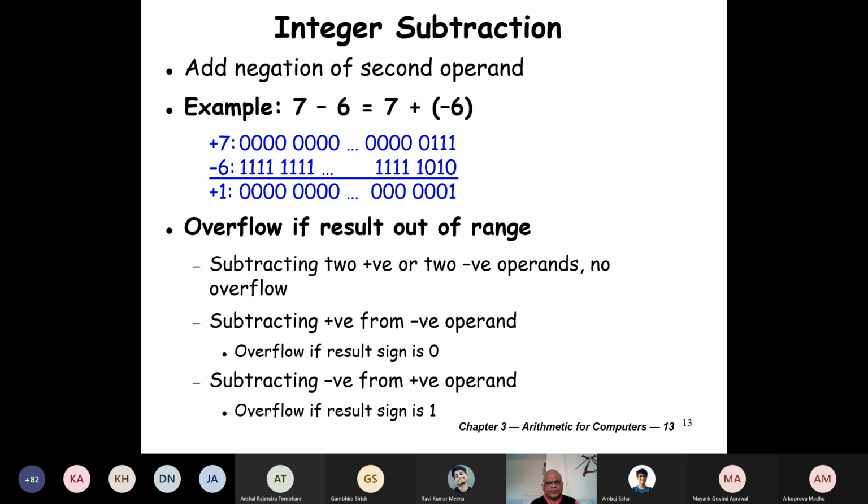Subtracting 2 positive numbers from each other, to subtract, one will become negative. And similarly, if there are 2 negative operands, one of them will become positive. So there can never be an overflow. Just a small extension of what we discussed in the last slide.